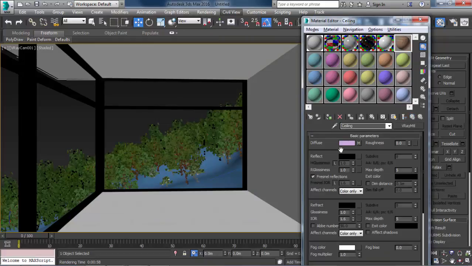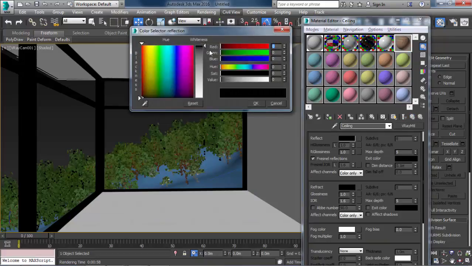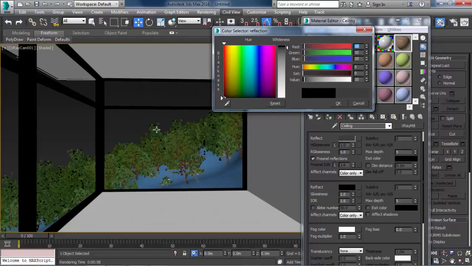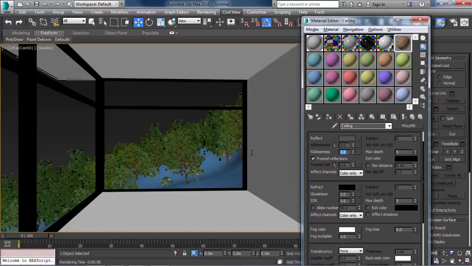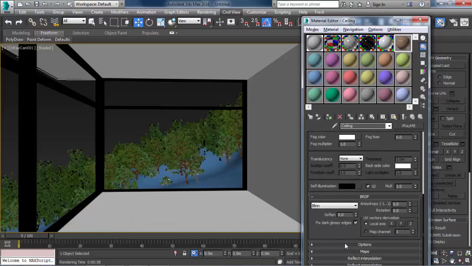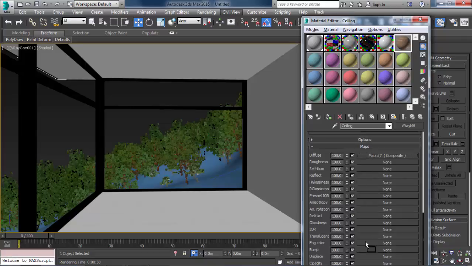We have a composite in the diffuse, and I will add reflection, of course, just a little bit of reflection. You don't want it to reflect the greenish here that's coming from the background. So just add some reflectivity like this. The glossiness to 0.7, and let's add also a bump material.